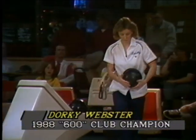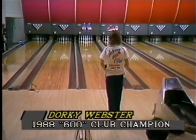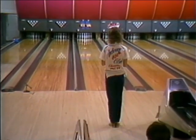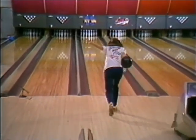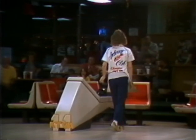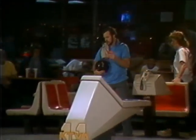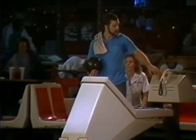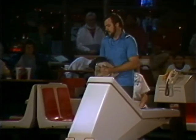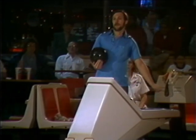And she came in the number 5 seed. She's worked her way all the way up to the championship match this afternoon at East 40 Bowl in the Stroh's Light Classic. Can she do it again? Yes! Another strike. Man, she is just on a roll. She's throwing the ball extremely well. 5 strikes in a row for Dorothy Webster. Okay, Ken Gordon's not out of it though. Another top player,